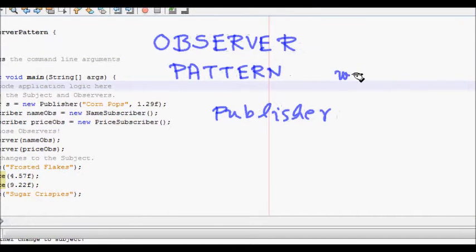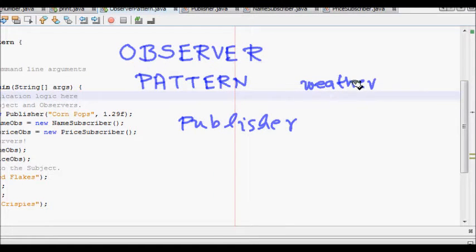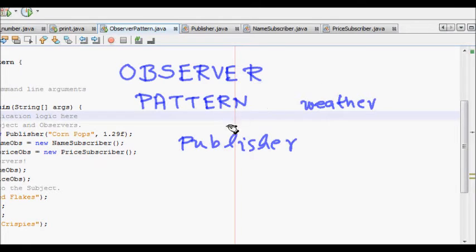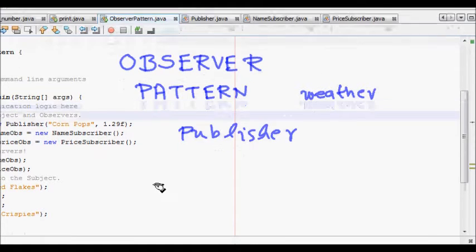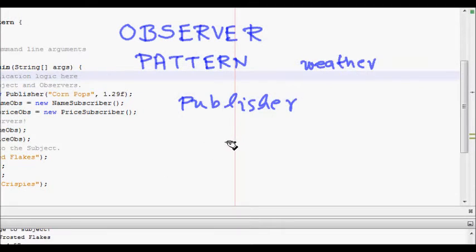You can take for example a weather department, which maintains some information about temperature, pressure and humidity. Now this is the publisher. The weather department will be your publisher, and there will be your subscribers, let's say the newspapers, news channels, weather.com.